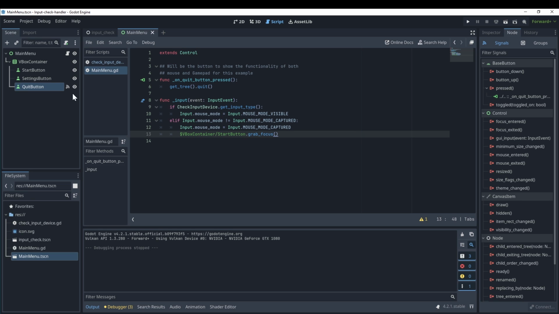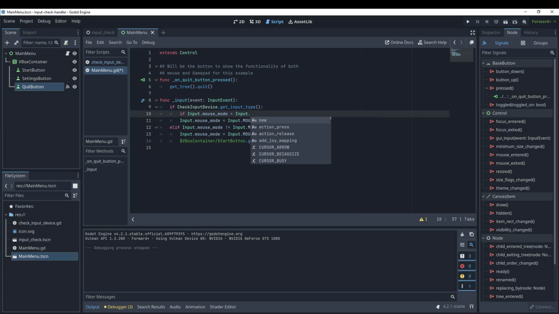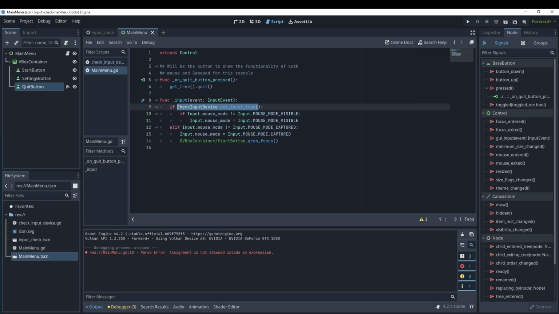Now, moving on, in order to fix that, we need to go to the first part of our if over here, and we're going to do if input.mouse_mode is equal to input.mouse_mode_visible. Click there and indent that. Now we want this if to be inside of, not equal to. We want this if to not be on the same line as our first check here, because